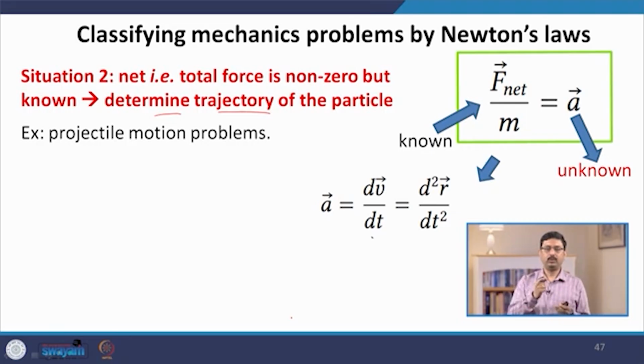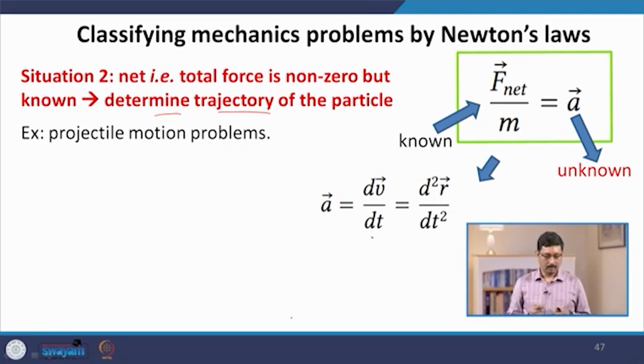In this case, the force due to gravity is known. It may also have a drag force due to the air through which it is moving. That is also given. We want to know the path, the trajectory the particle is taking,